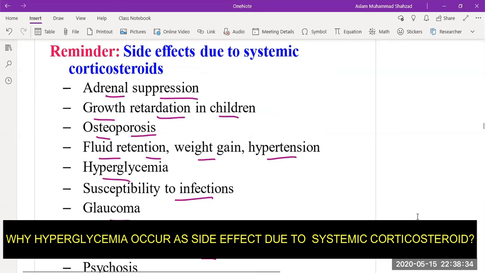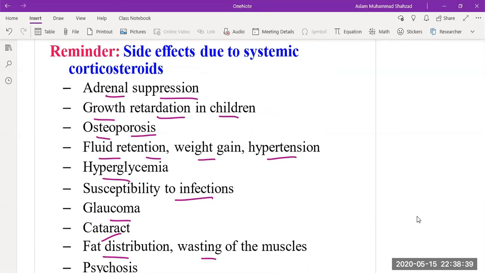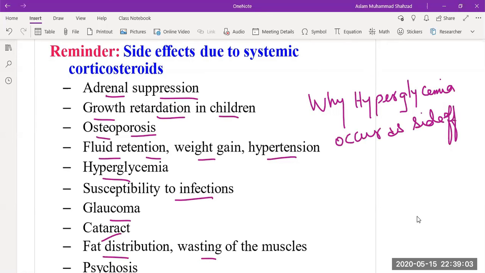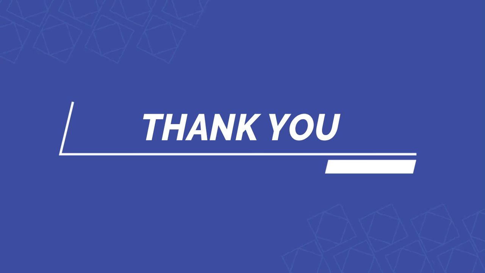My question to you: why does hyperglycemia occur as a side effect of corticosteroids? Kindly give me this answer in the discussion board